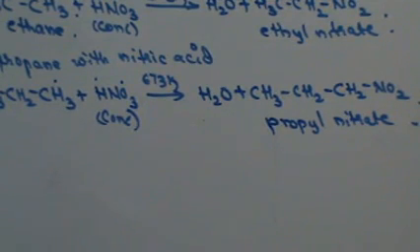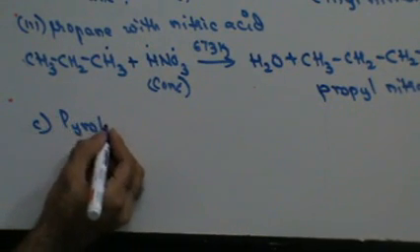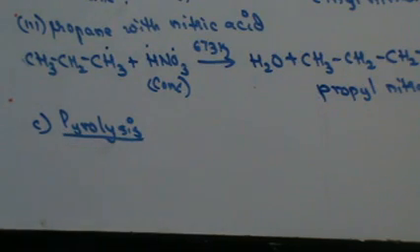That was the second reaction. The third reaction that you have, first was halogenation, second is nitration. The third reaction that you have is called pyrolysis. Right? What is pyrolysis? Pyrolysis refers to a method of thermal decomposition. If I heat any compound at very high temperature, the bond between them will break, and that process is called pyrolysis. Right? For example,